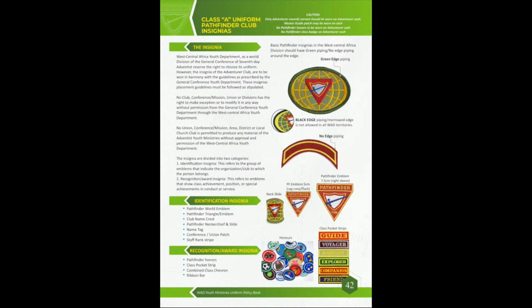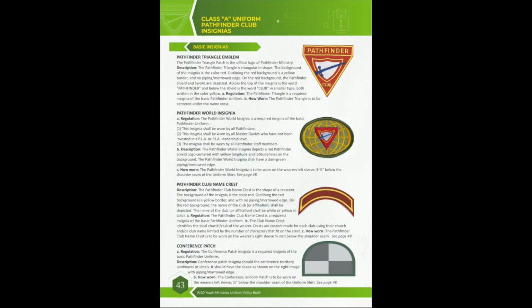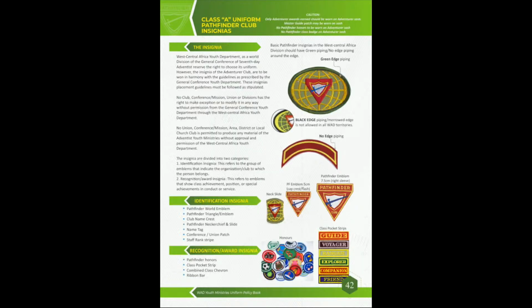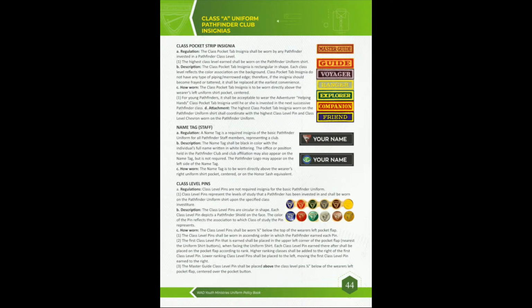So for Master Guide, you can use cross level pins which combine every pin, but you can use these pins once you have covered them, right? So when you have covered like 2 crosses, you can have 2 pins for crosses. We saw how you can earn, right? Because these crosses go with chevrons. If you have a chevron, you should have cross pins as well, right? If you have full chevron, you should have full cross pins. They go together.